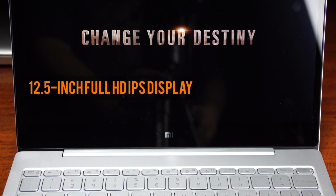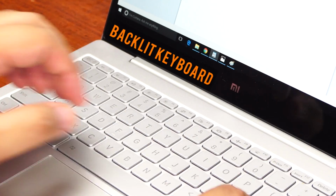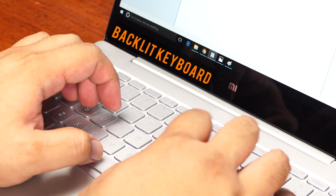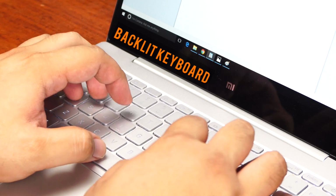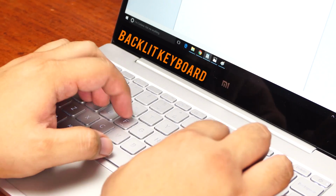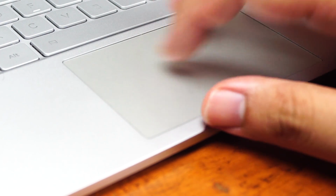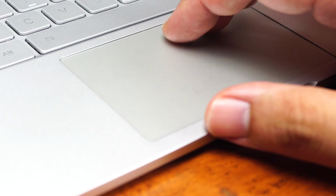The display looks good, has punchy colors and brightness. Our review unit provided by Widget City sports a full English keyboard for people wondering, and the keys have good travel on them, but since the notebook is on the small side, keyboard spacing isn't the best, but it's nothing too bad. There's a glass-covered touchpad at the bottom that's wide enough for comfortable use, it's responsive, easy to use,